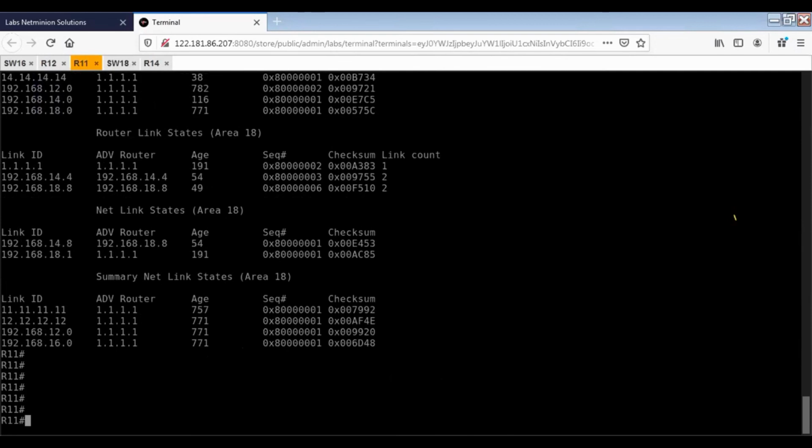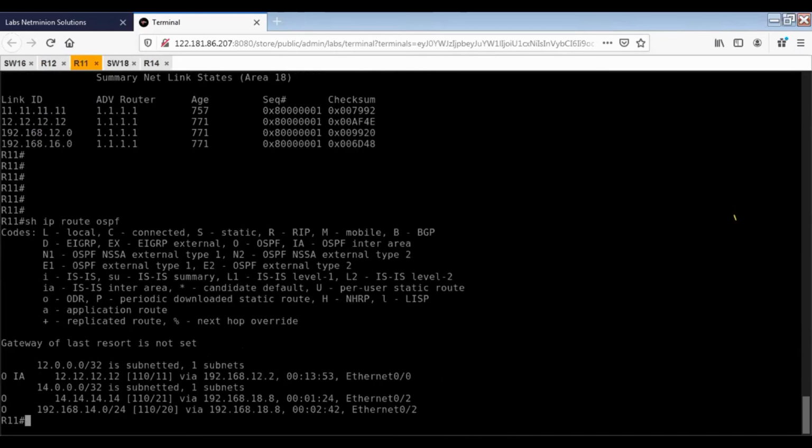And if we see show IP route OSPF, we are seeing only one inter-area route, 12.12, because it is coming from area 1, since area 18 is local to this router.